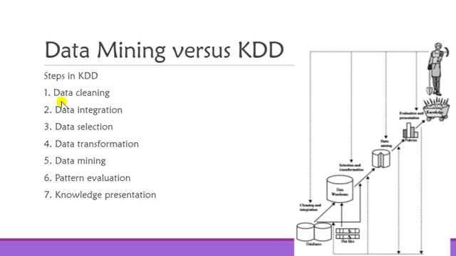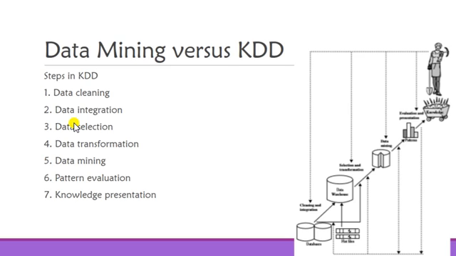So the steps in knowledge discovery: the first one is data cleaning, which means to remove noise and inconsistency and replace missing values and other things. The second step is data integration, in which multiple data sources may be combined. It is done in a way that redundant data are removed. Multiple data sources are combined together. Maybe a bank has many branches somewhere, so they combine all their data together and other things.